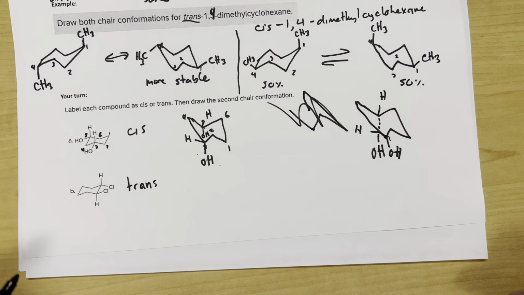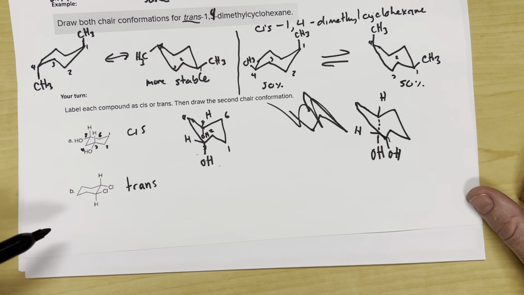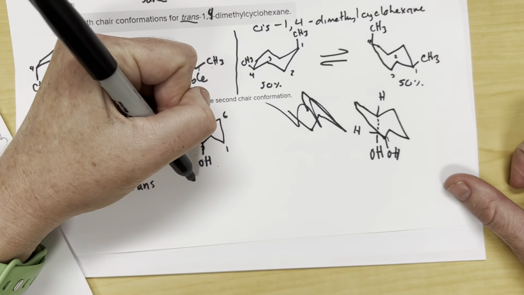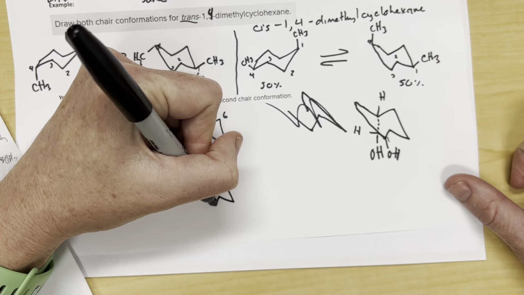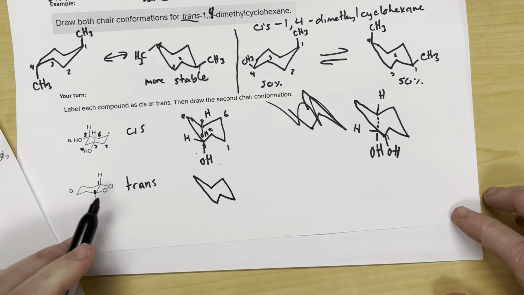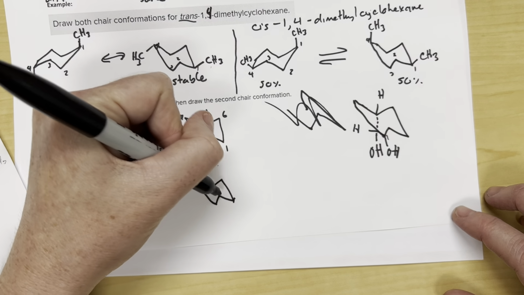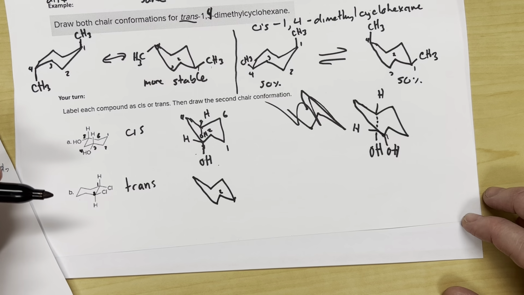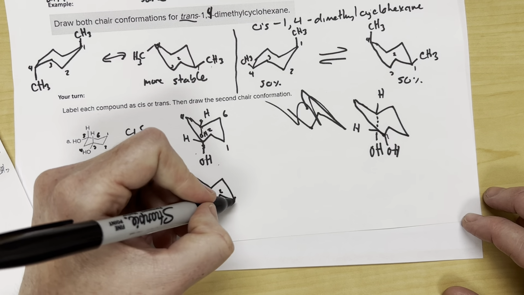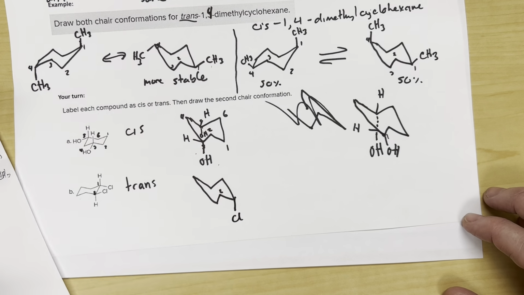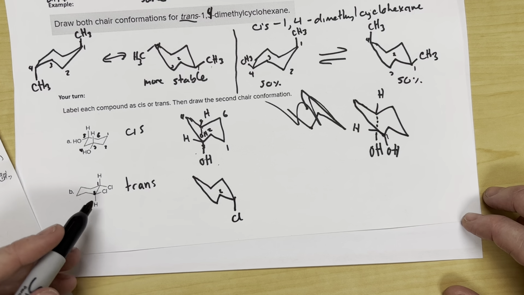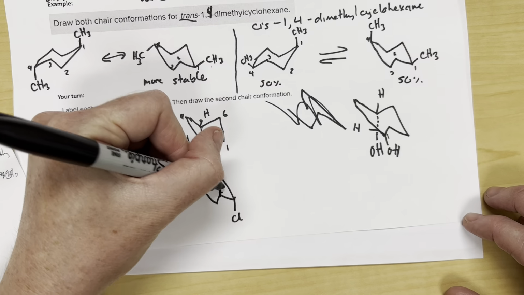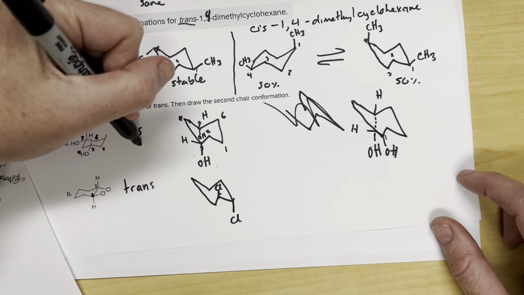All right, now let's look at the trans one. Again, we knew it was trans because we had one going down and one going up. If this is our carbon 1, this must be our carbon 2. So let's draw the flip. Our carbon 1 is now down here. Our carbon 2 is here. Here we had a chlorine that was equatorial down. That means here it must be axial down. Here we had a chlorine that was equatorial up. Here it must be axial up. And that would be the